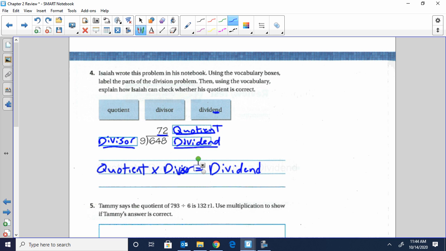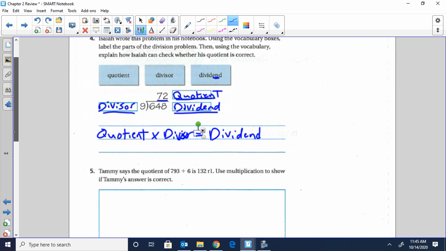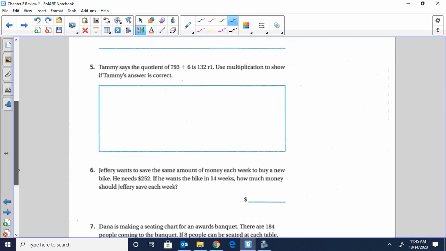Quotient times divisor equals dividend. If we scroll down to number 5, again, a lot of emphasis on being able to check this problem. So how would we check division using